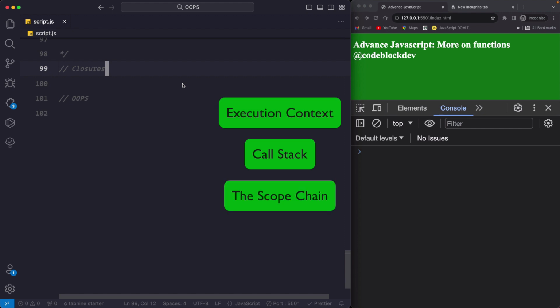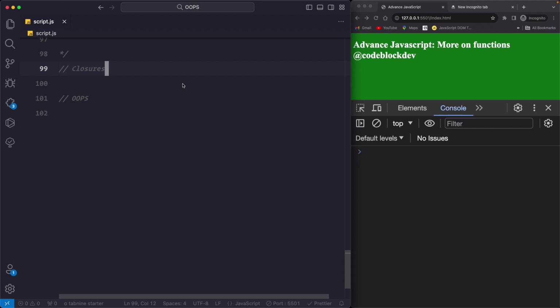See, I can explain closure and tell you to remember this rule, and you will remember it and you will understand it. But if I ask you to draw the analogy of how closure is actually working, then if you don't understand execution context, call stack, scope chain, variable environment, you are going to fail to explain that.